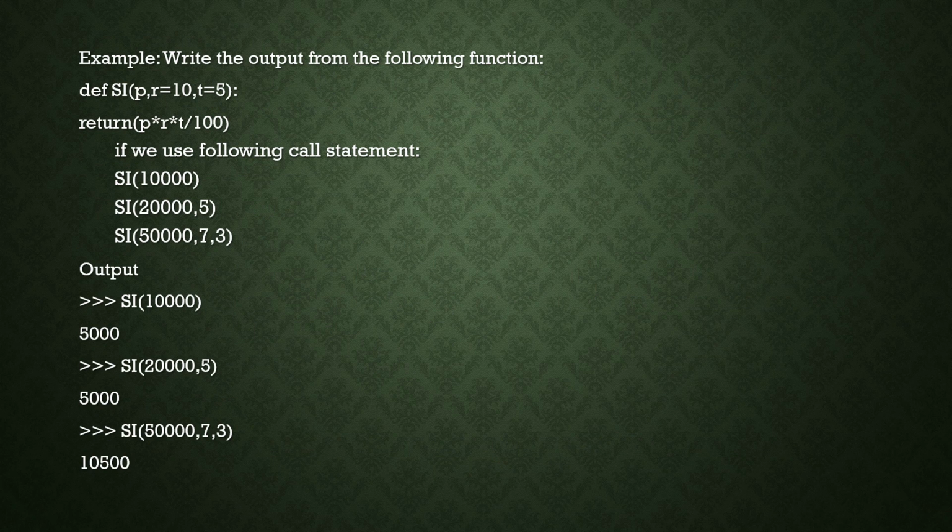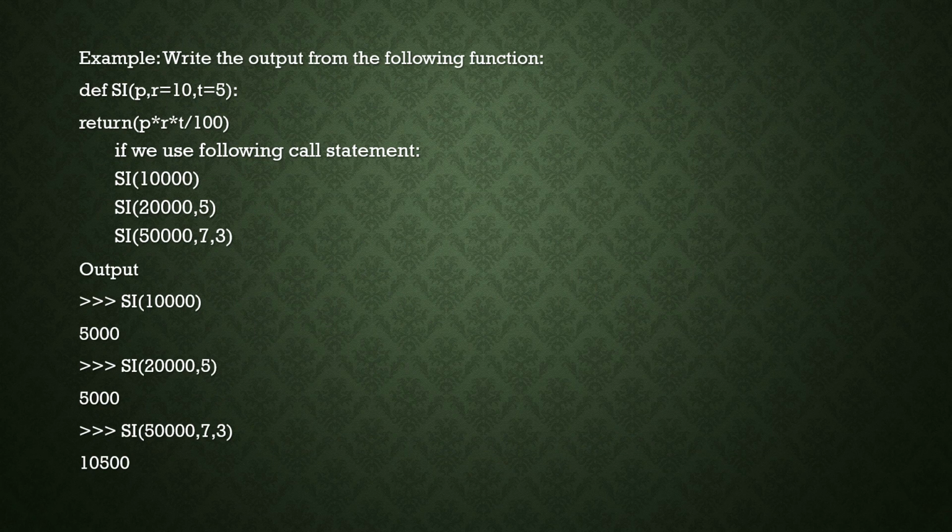Definition: SI is a function. P has no initialization. R equal to 10, initialization is there. Value of R equal to 10 and value of T equal to 5. Return P into R into T divided by 100. If we use the following call statements: SI of 1000